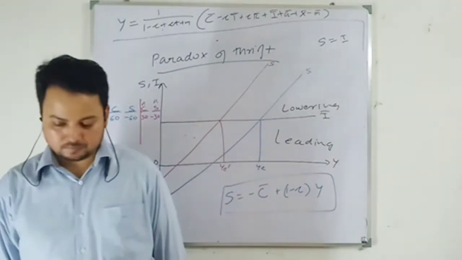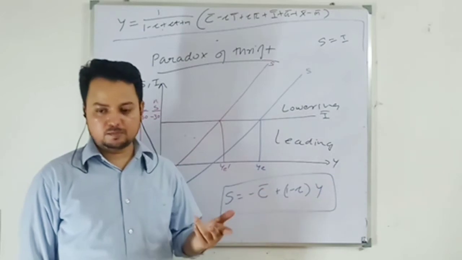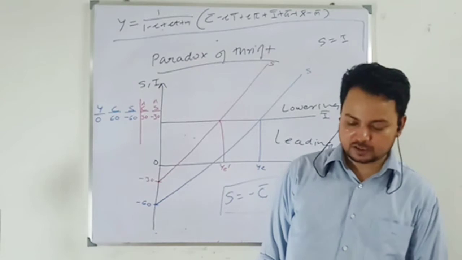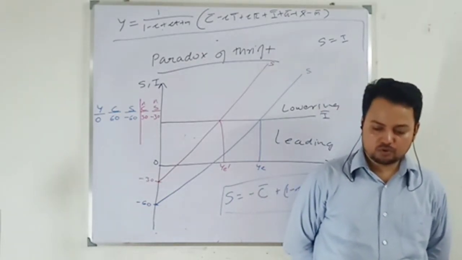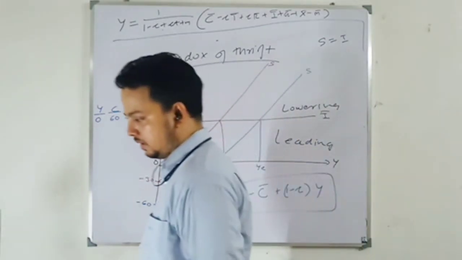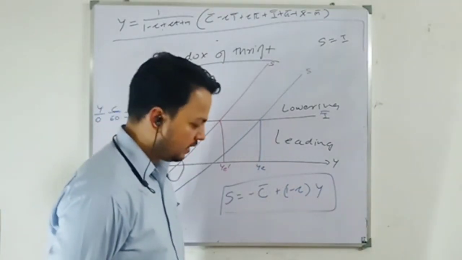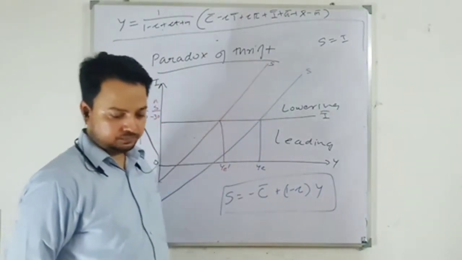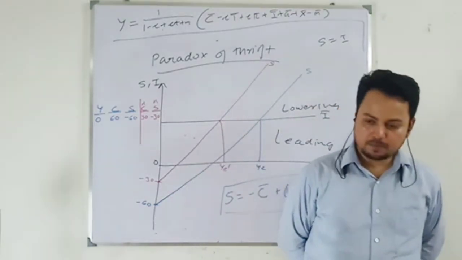Saving is a virtue for the individual. In the classical view, it is a virtue. Saving is better. Saving is a virtue for the individual, but when all people in the economy start to save, then the collective thrift may be bad for the economy.